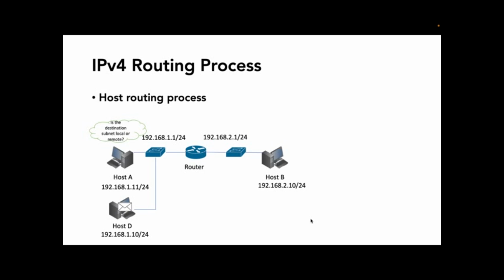What if the destination is remote? For example, if I want to send a packet to host B, so the destination is remote on the other side of the router. So therefore, a host here will send the packet to the default router, and you can call this default router as a default gateway,